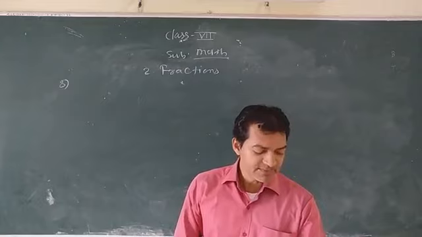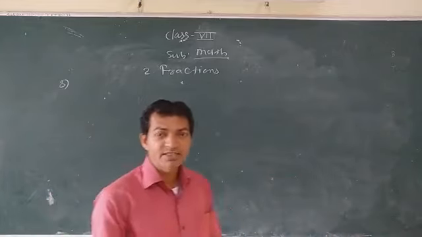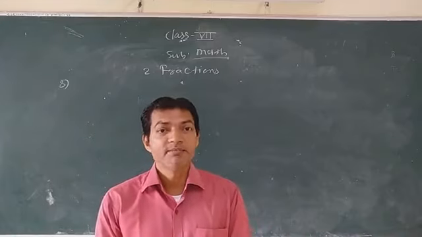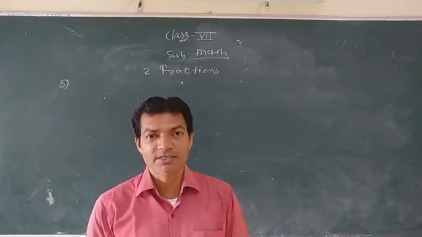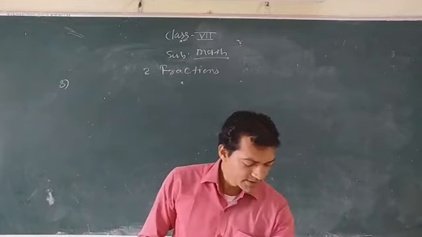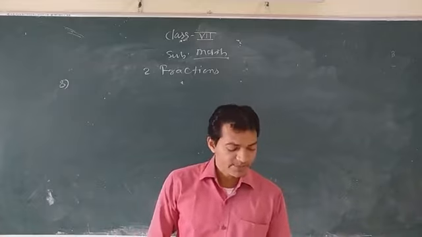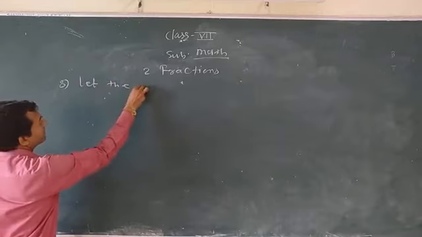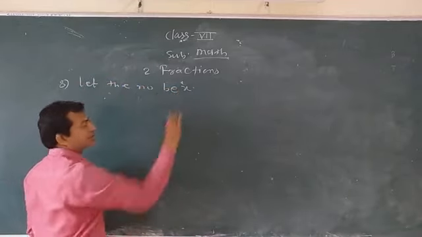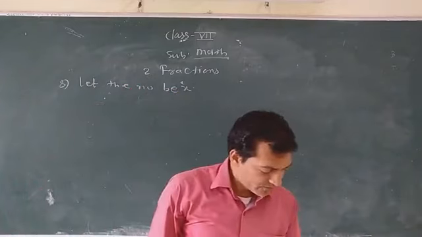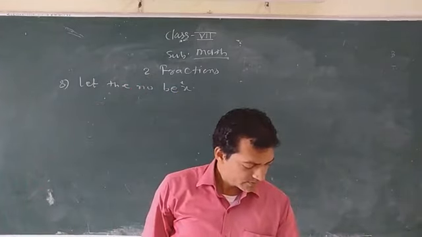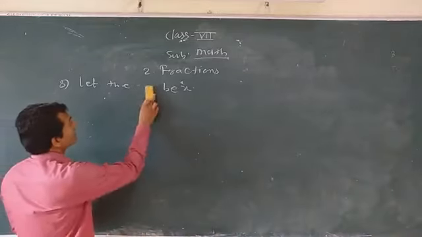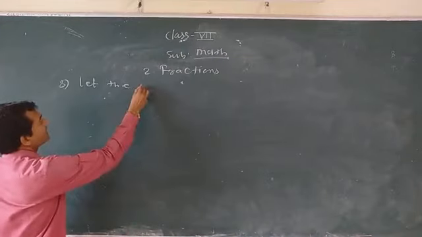When a fraction is divided by the difference, means the fraction, we don't know that fraction. Okay, suppose that fraction is x. That fraction you have to divide by the difference of these two rational numbers, two fractions, to get the answer 2 by 3. Okay, so see here, let the number be x. Okay, let the number be x. Then when a fraction is divided by a difference, suppose that fraction we can say, let the fraction be x.